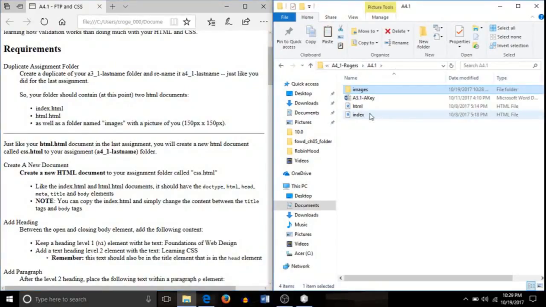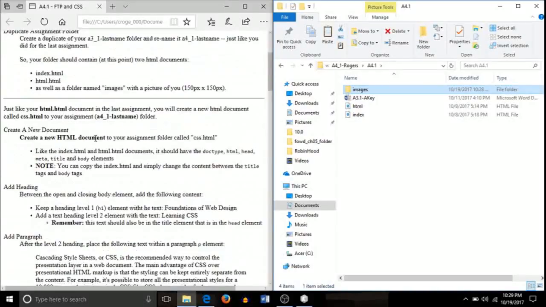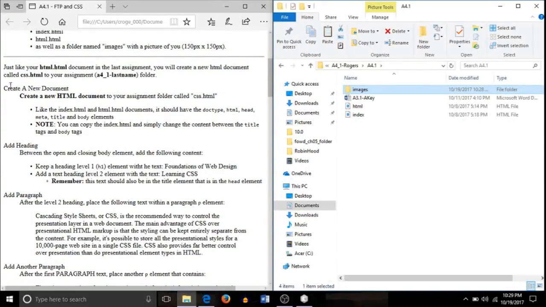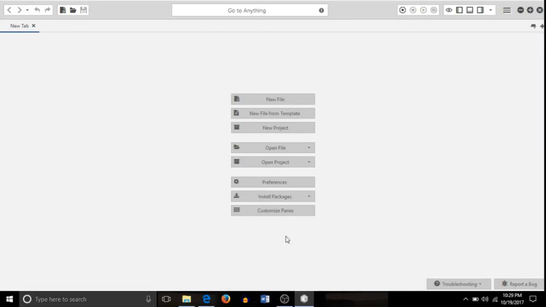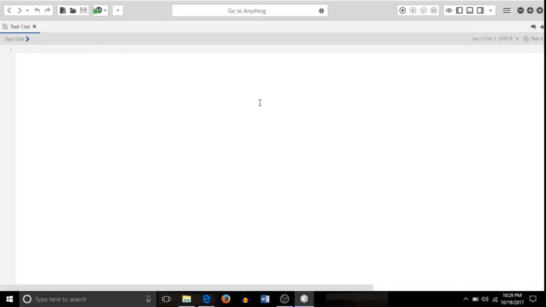Alright, now you'll notice here in our instructions it says, just like the HTML.html document in your last assignment, you will create a new HTML document called css.html to our folder. So we need to create a new one instead of starting with these. So create a new HTML document to your folder called css.html. So I'm going to go to Komodo Edit, down here, click New File, and I'm going to right away save it